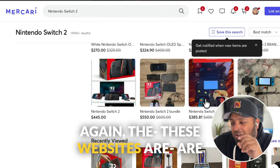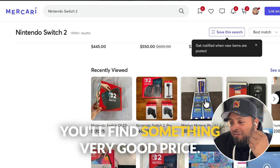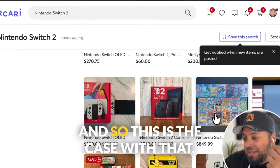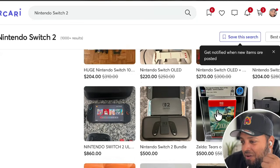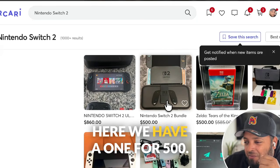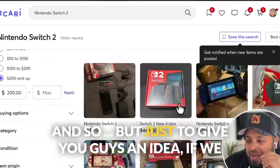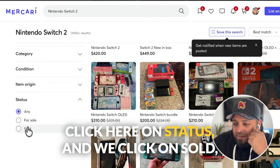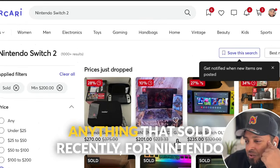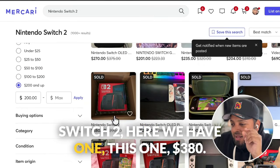Again, these websites are more for hunting, but every now and then you'll find something at a very good price. And so this is the case with that. But okay, $270 here. That's an OLED. Here we have one for $500. But just to give you guys an idea, if we click here on status and we click on sold, anything that's sold recently for Nintendo Switch 2, here we have this one,